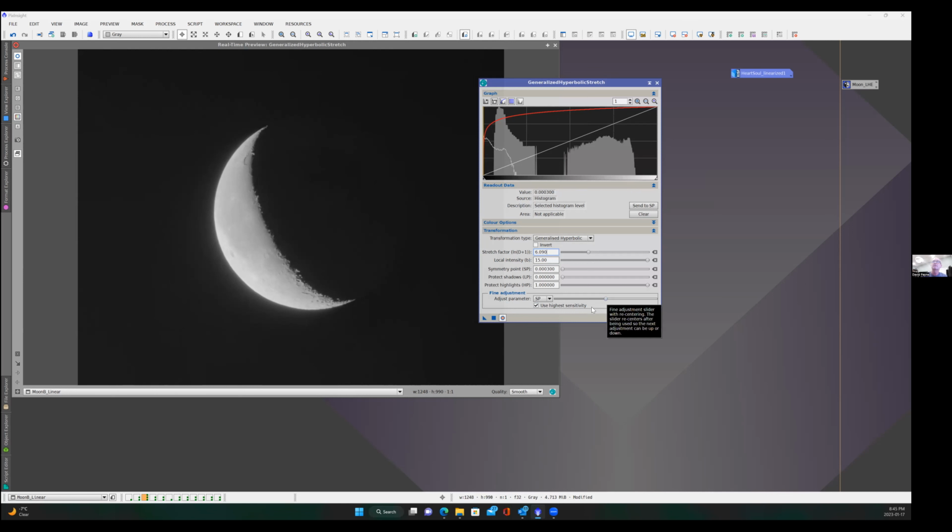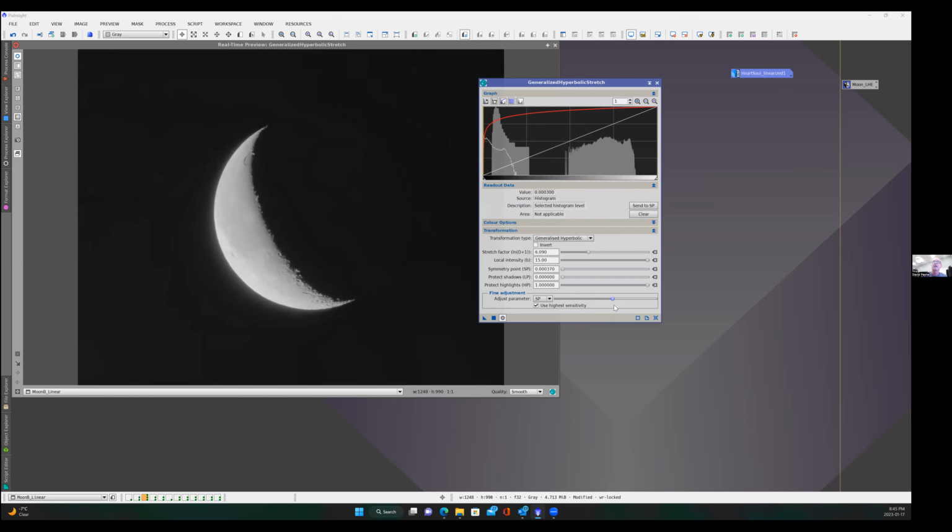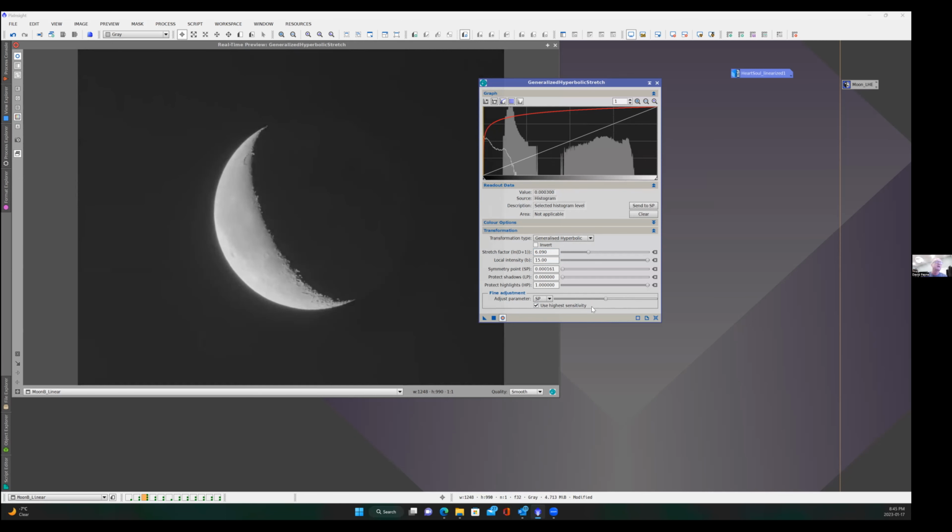I can move SP back and forth. So as I move SP, it's splitting it in a slightly different place. Now I'm moving well ahead of the histogram peak, so the histogram peak's moving back. But I really don't want to do this. You can get away with it and say that image isn't too bad, but really when you see